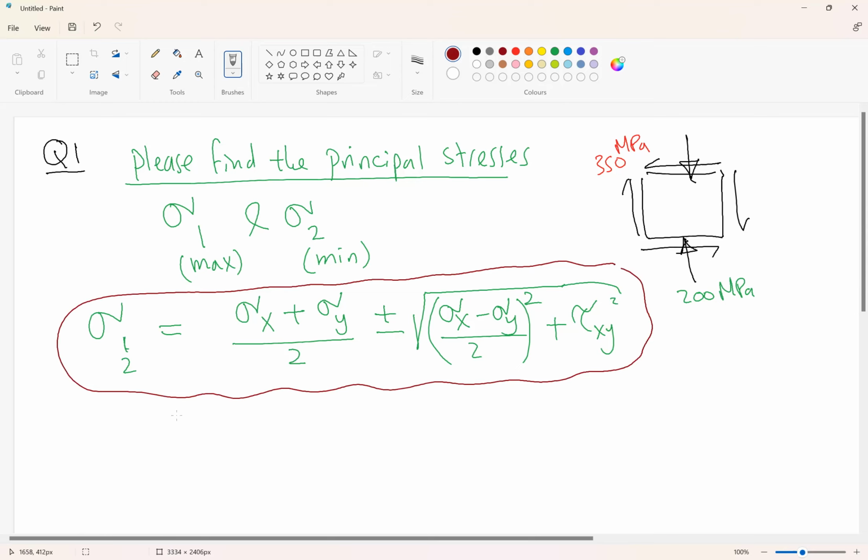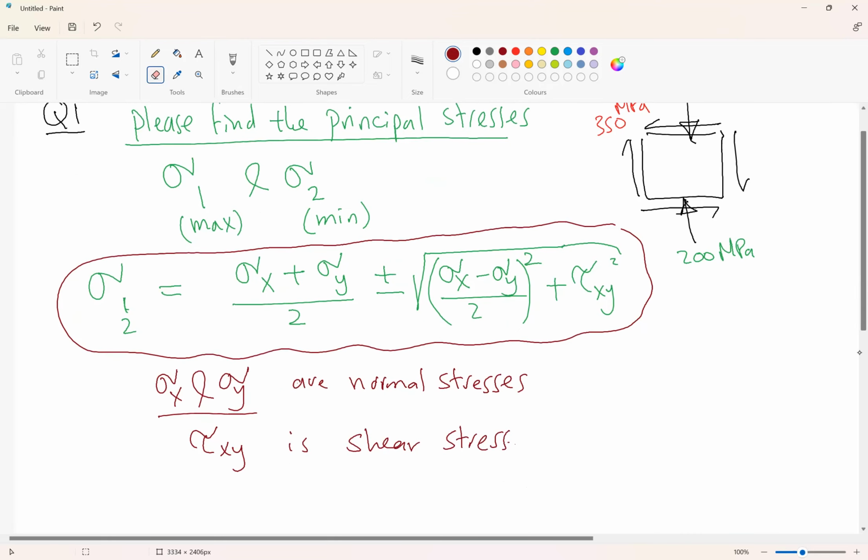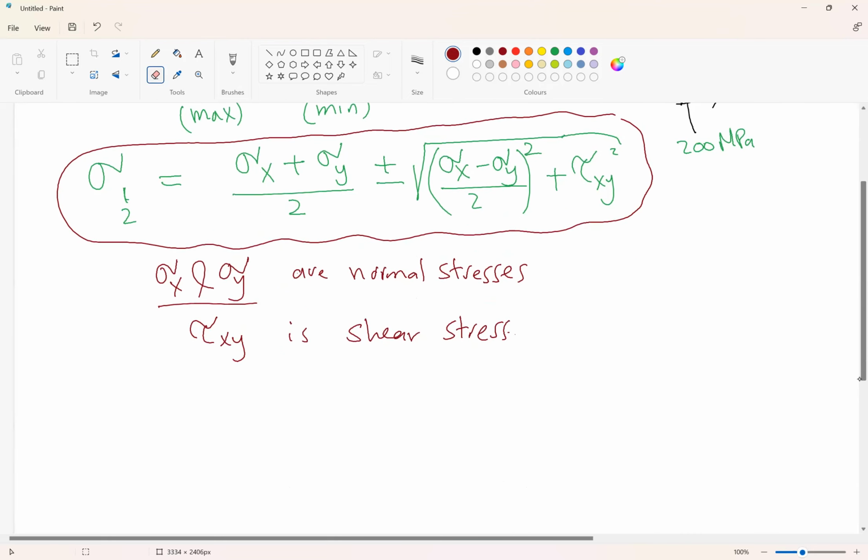As you can see, sigma x and sigma y are normal stresses. And tau xy, what is tau xy? Tau xy is shear stress. Okay, so we have sigma x, sigma y normal stresses, and tau xy is shear stress. For our example here, what is given to us? Given to us in this small element, we have